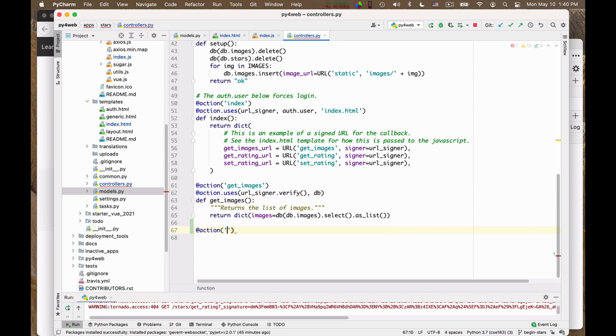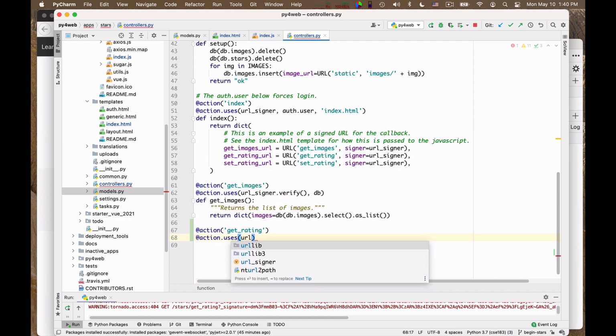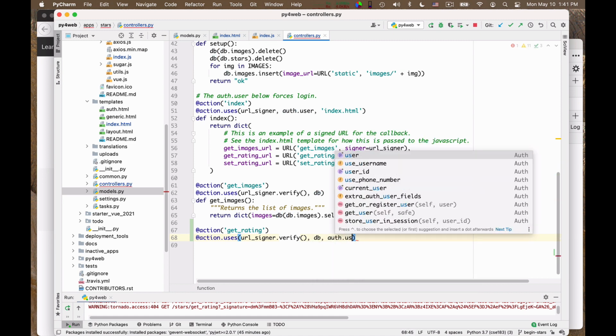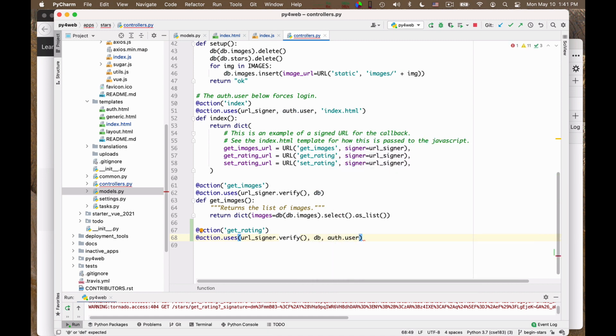Action get rating. action.uses, what do we need? URL, signer.verify to verify the signature. We need the database, and we need the auth user to check the identity of the user, because the rating we are giving is for that particular user.